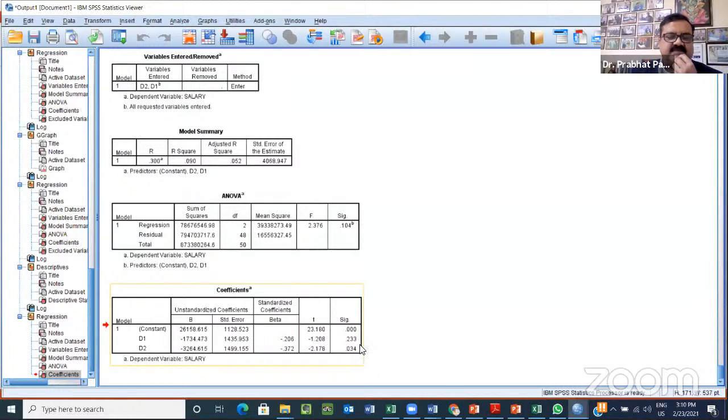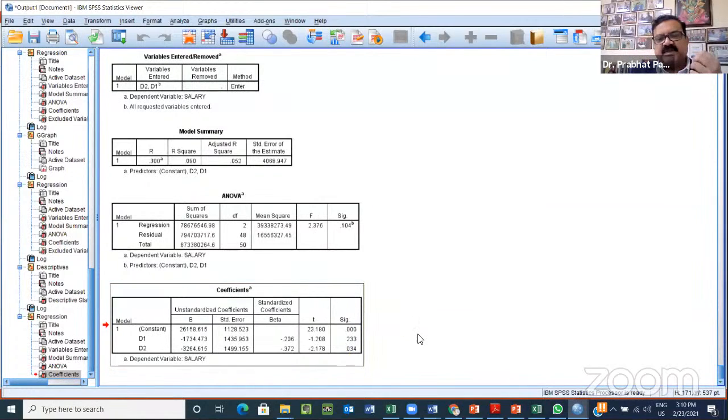Therefore, for that, we look at the p-value. In the last column, if you see SIG, that is significance, it is representing the p-value. So the p-value is 0.233. What is the rule of thumb for rejecting the null hypothesis? The p-value should be equal to or less than 0.05. That should not be more than 5%. So it's the 5% level of significance that you talk about. Here the p-value is 23.3%.